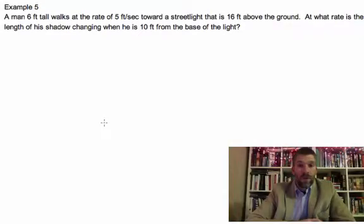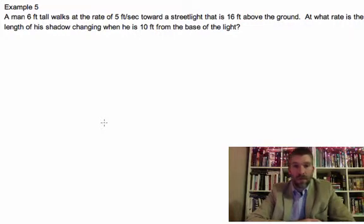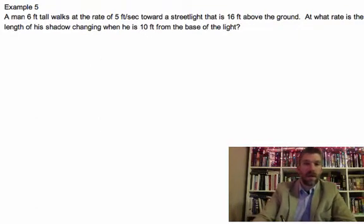All right, here's a fun one. A man 6 feet tall walks at a rate of 5 feet per second towards a street light that is 16 feet above the ground. At what rate is the length of his shadow changing when he is 10 feet from the base of the light? So, what we're going to have is some sort of street lamp issue thing, public safety deal,